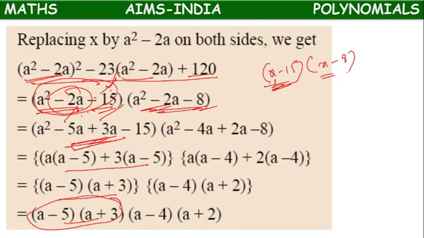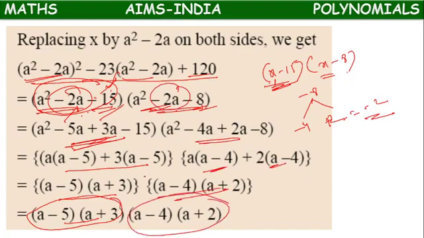Now again here, the product constant is minus 8. We can write 4 into 2. We need minus 2, so minus 4 plus 2 equals minus 2. So this middle term is again split into two terms, again taking common, again two factors. So for the first factor two factors will come, and for the second factor two factors will come. So in total we will get 4 factors as the answer.